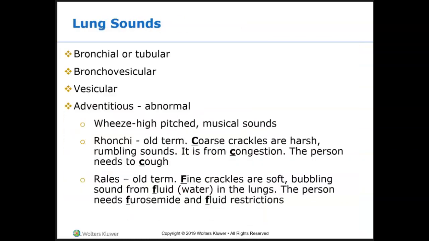Lung sounds: bronchial, tubular, bronchovesicular. So again, you're going to want to know all of the different adventitious or abnormal extra lung sounds, right? Wheezes are high-pitched musical sounds. Bronchi, which you'll hear doctors still use and nurses like me who've been around forever, are coarse crackles. They're harsh, rumbling sounds, and they're typically from congestion and